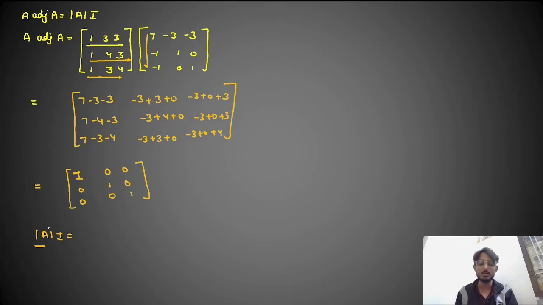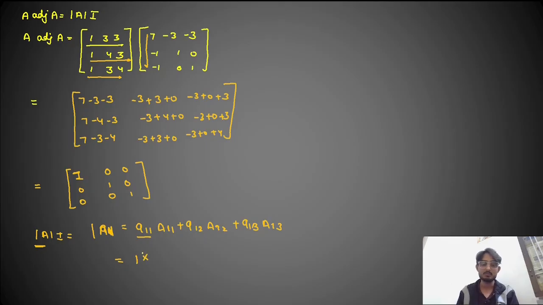And what is the determinant of A? The determinant of A equals A11 into the cofactor A11. It means multiply the corresponding element of that matrix with the corresponding cofactor. You will get A12 into the cofactor of A12 plus A13 into the cofactor of A13. So we get A11 equal to the first row first column element in the matrix, which is 1, into the cofactor A11